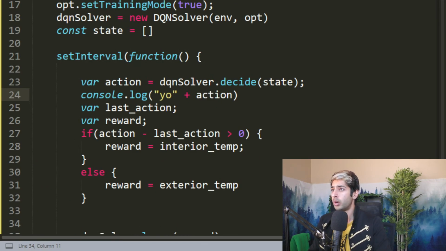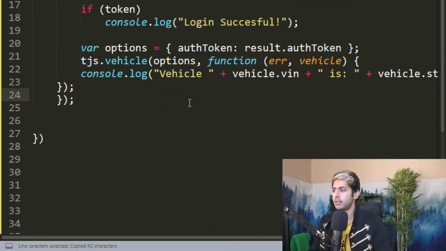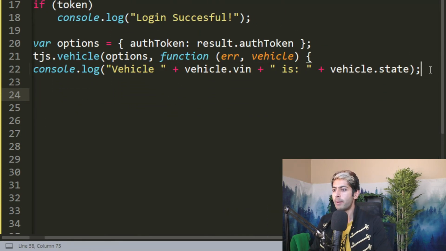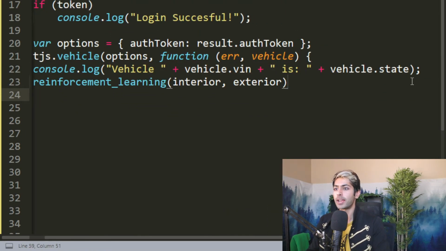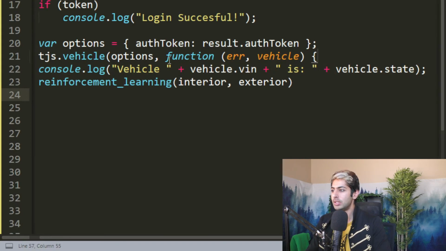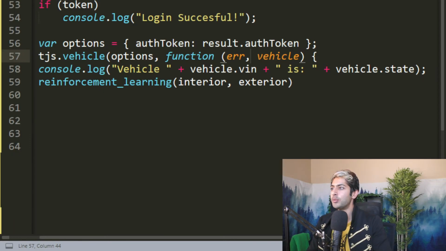And we need to call that function as well. So we're going to call that reinforcement learning function inside of this loop. So inside of Callback Hell, we'll call the function using interior and exterior. Oh, we also need to get that. So I need to add another Callback Hell, and then we'll be good. So where's that climate Callback Hell? Climate,